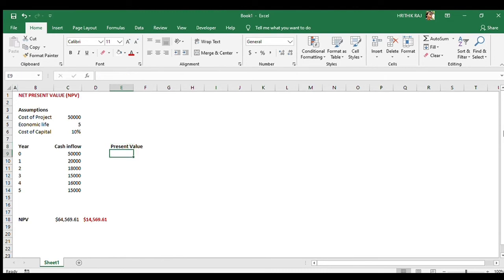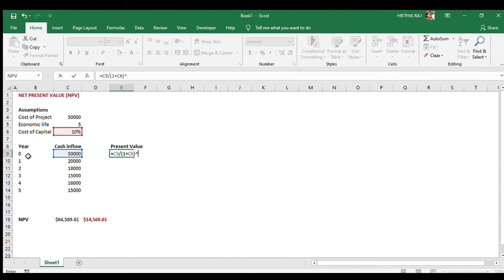For year 0, we have to write a formula which is equal to cash inflows, which is C10 cell, then divided by 1 plus cost of capital, that is discount factor, power 1, correct? Please note down this formula to calculate present value.